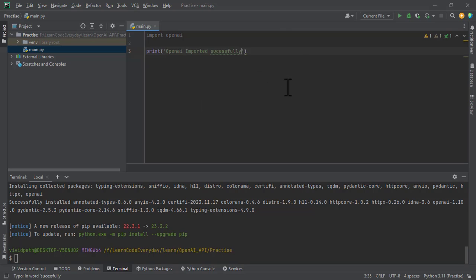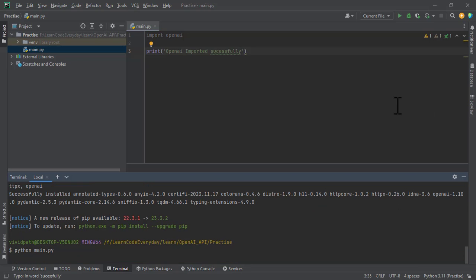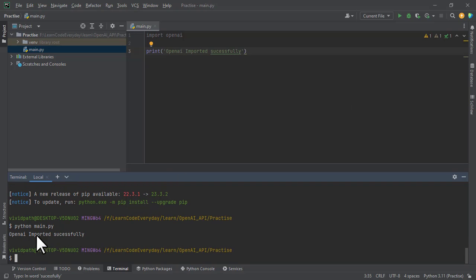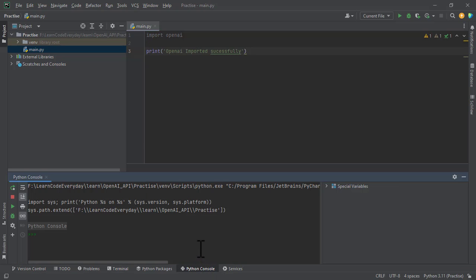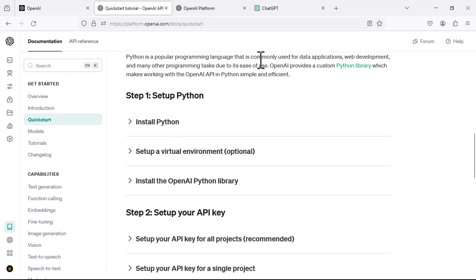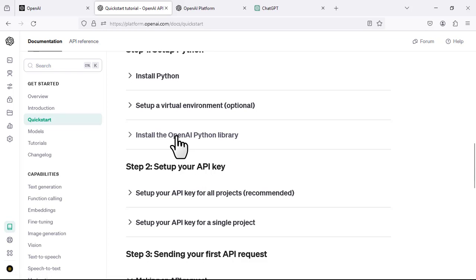there are two ways that we can run this. One is to just type python main.py. That's one of the ways we can run it, and it means that I have successfully imported the library, so my OpenAI is installed and working successfully. As I said, there are two ways that we can run this. One is within the terminal. The other is the Python console, which I will use in the next part of the lesson. Okay, so this is the Python console. Anyway, let's go to my documentation,